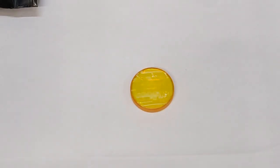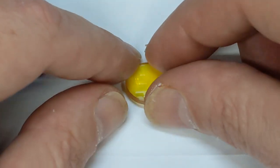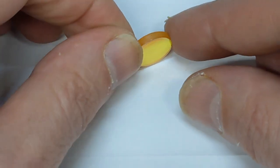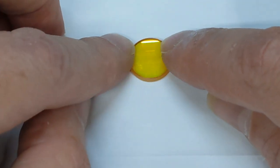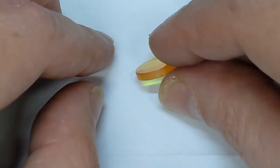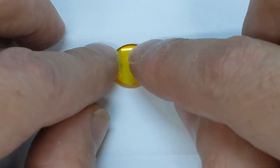The lens has a bubbled side and a flat side. You want the bubble side up, and sometimes it's really hard to tell because it looks exactly the same from both sides. So if you put it on a flat piece of paper and sort of wobble it like that, if you feel it wobbling, you know it's on the bubble side. If I put it on the flat side, it's not moving at all, hardly. It's rocking,